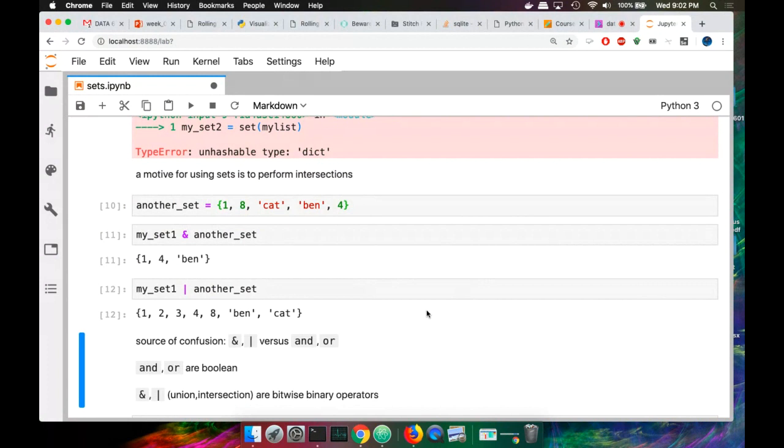Why am I discussing this? Because the most common mistake that gets made is people use the Boolean and or. They're distinct. The ampersand and the bar are the set operations. These are the Boolean operations. So what does that mean? Well,